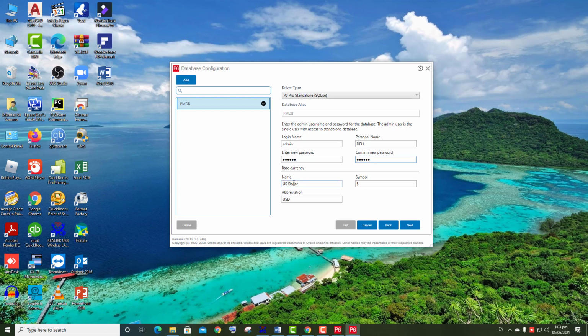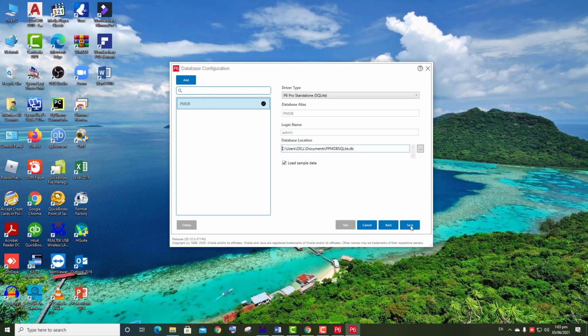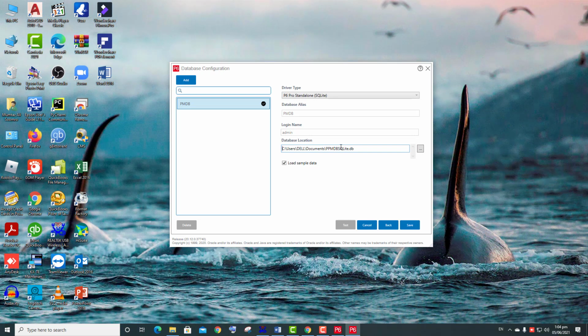If you want to change the base currency to another currency, then you can do it. Otherwise, keep it the same and say next. And now the location of the database. If you want to change the location you can, otherwise keep it the same.